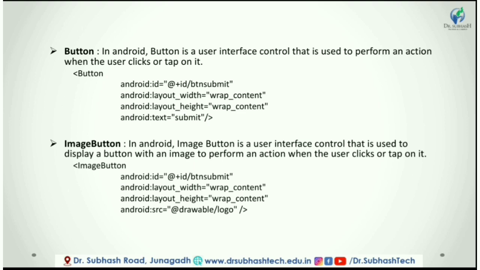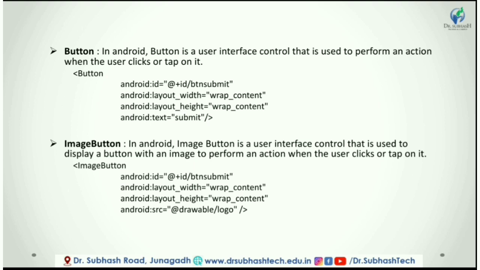android:id. In Android, every widget has an ID value that is specified by @+id/ followed by the id name. It is used to control the event generated by the widget. Second control is ImageButton. In Android, ImageButton is a user interface control that is used to display a button with an image and perform an action when the user clicks or taps on it.